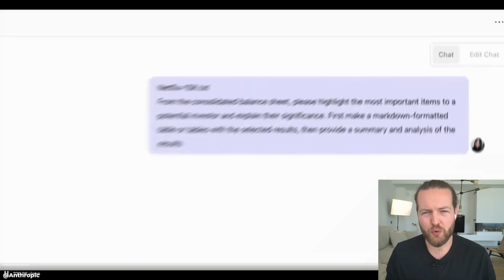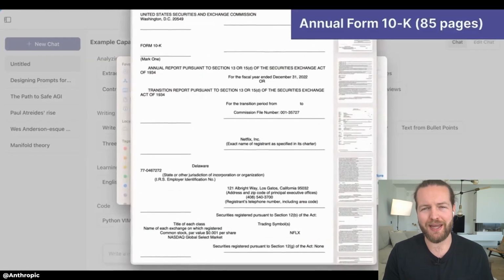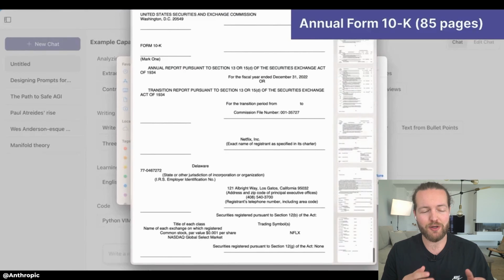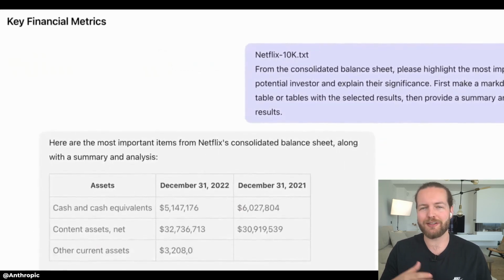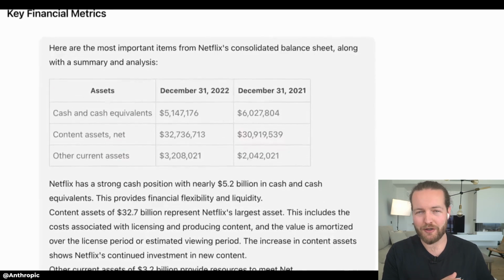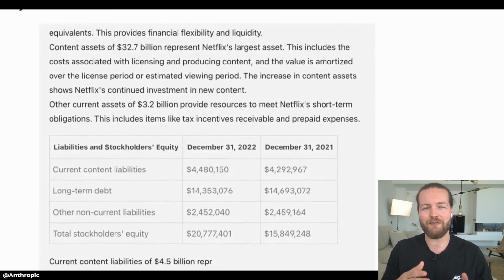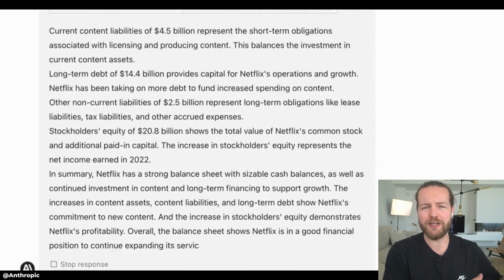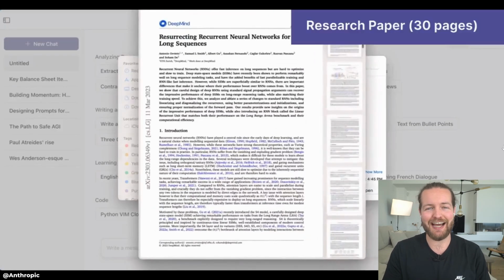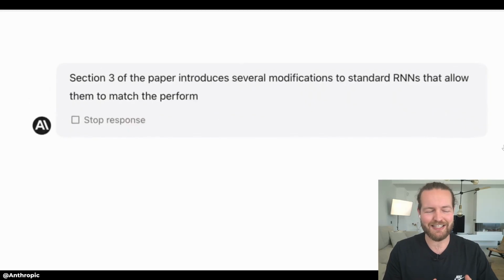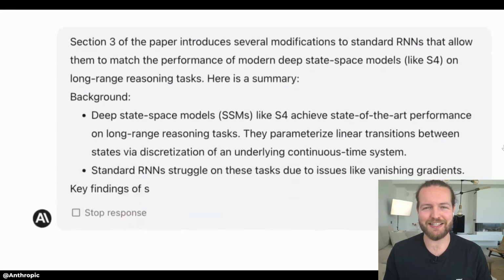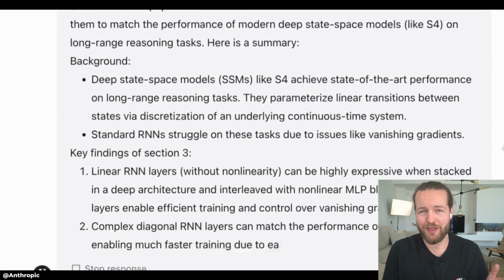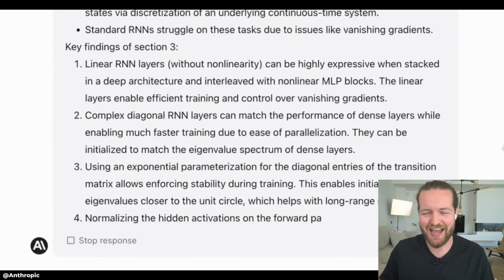Dead. Anthropic's Claude now has a context window of over 100,000 tokens. What this means for you is that you can upload now hundreds of pages of documents like PDFs. You can even have conversations with it for days as long as you stay within the 100,000 token limit, which is around 75,000 words. You can feed it entire research papers, you can feed it entire movies, book series and things like that and get it to summarize, analyze and pull data from this big data set. GPT-4 only has 32,000 tokens, so this is a real slam from Claude here.